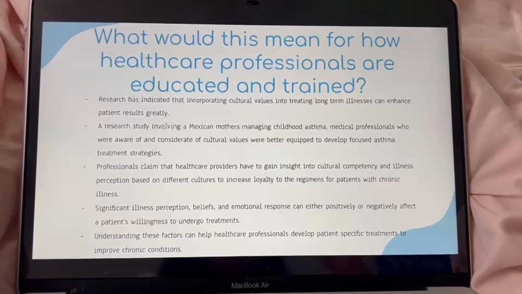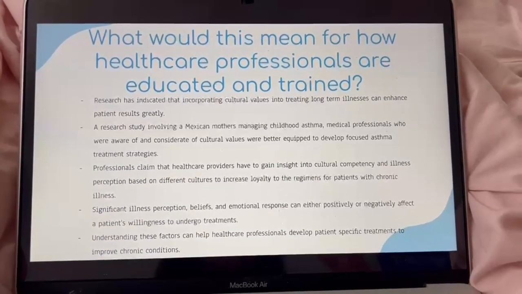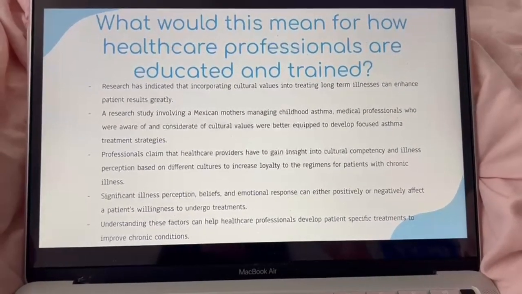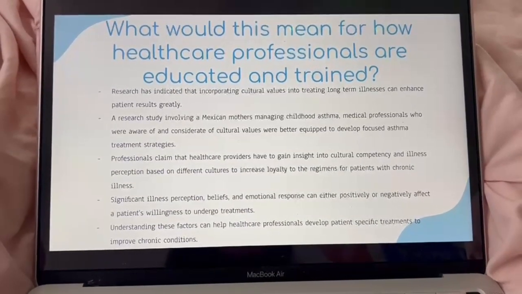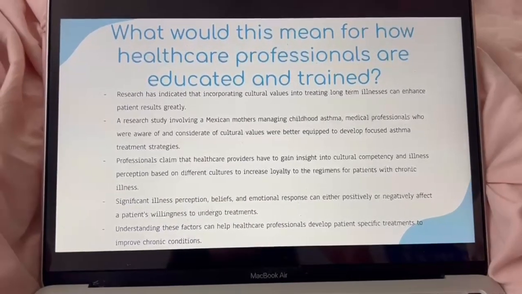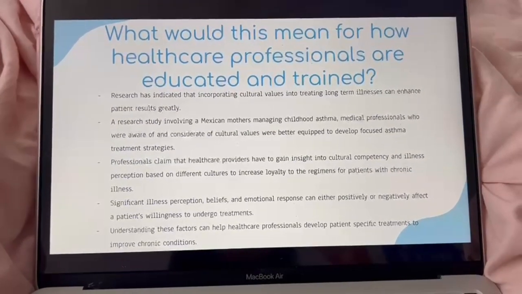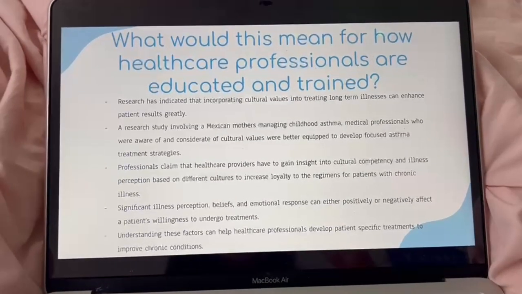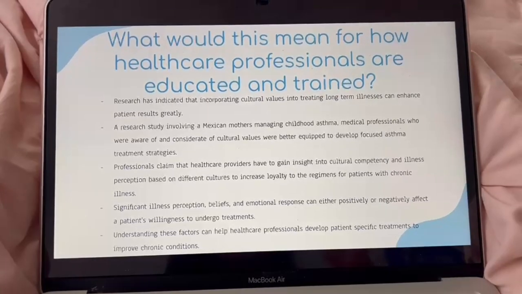So overall, healthcare professionals will be educated and trained more on how different cultures' beliefs work within healthcare. They would be provided insight on different ways to come up with strategies to help with treatments. They would also have to learn to work through language barriers and how to provide care and understanding for that. It would provide better ways overall for the patient to have better care from the health professional.